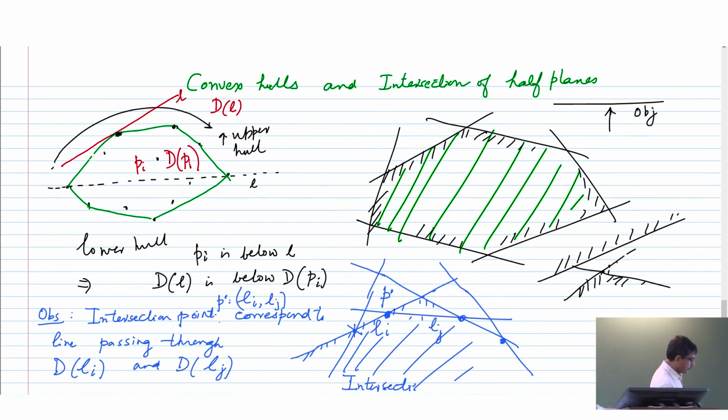What is the dual of this? The dual of this is this structure basically. So, this structure and this structure are exactly duals of each other. Okay, so